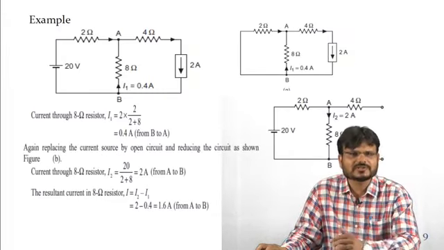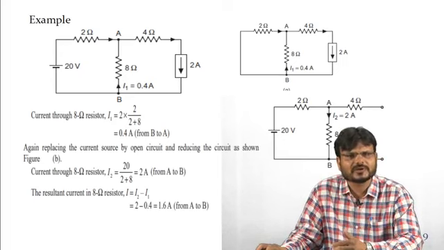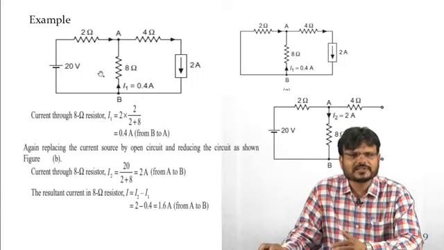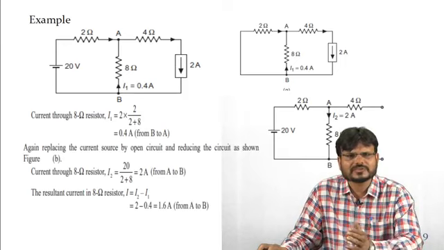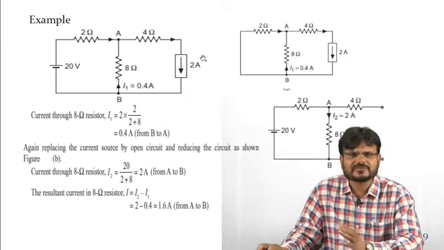Now the superposition theorem can also be explained with the help of an example. Here you can see this circuit has two types of energy sources. One is a voltage source and the other is a current source, and these two sources are considered ideal energy sources. This is the ideal voltage source and this is the ideal current source. So the first step is what? You have to consider one source at a time. So we are going to consider this current source first.